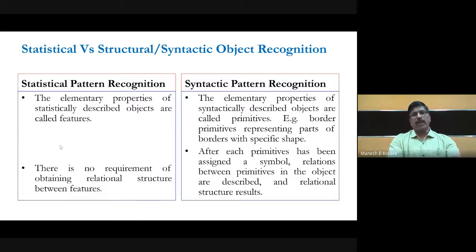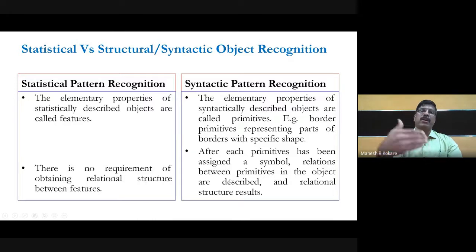So there is no such requirement of obtaining the relational structure between the features. But in the case of syntactic or structural pattern recognition, after each primitive has been assigned a symbol, relations between the primitives in the objects are described.